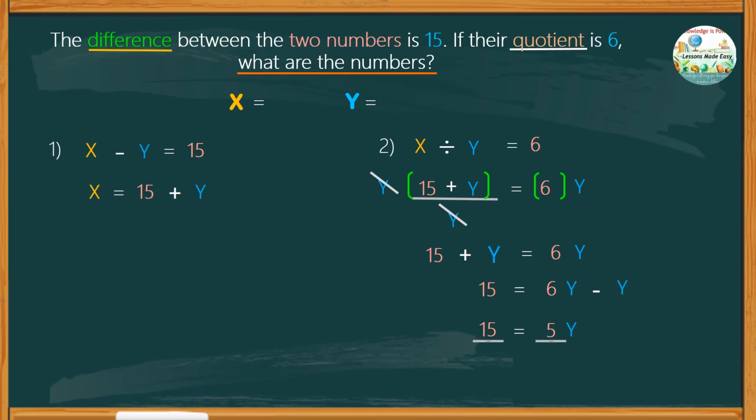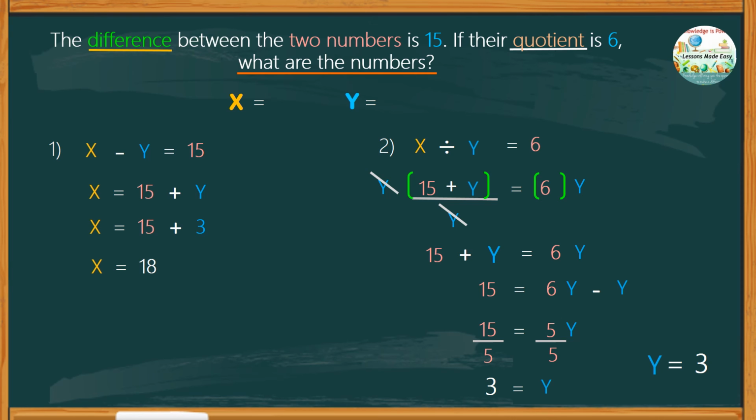Divide both sides by 5 to determine the value of y. 15 divided by 5, we get a quotient of 3, equals y, or y equals 3. This time, we can determine the value of x. If x is equal to 15 plus y, and the value of y is 3, then x is equal to